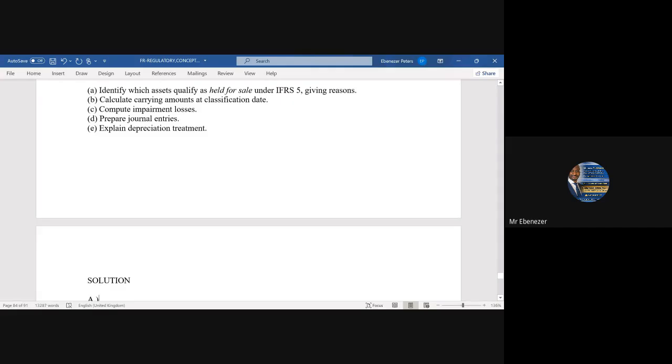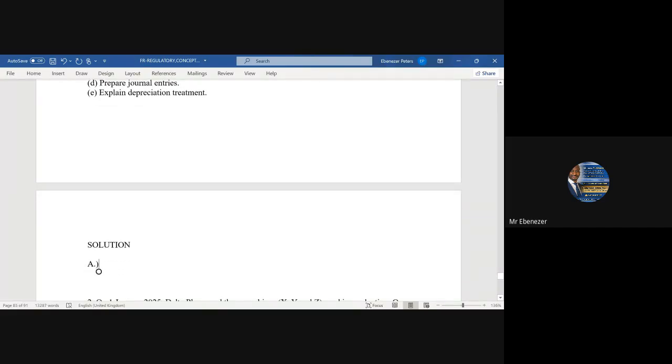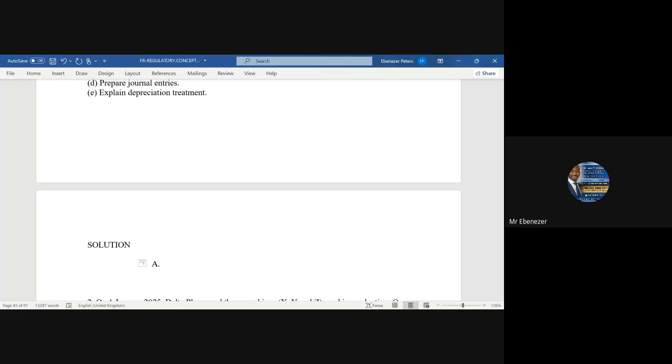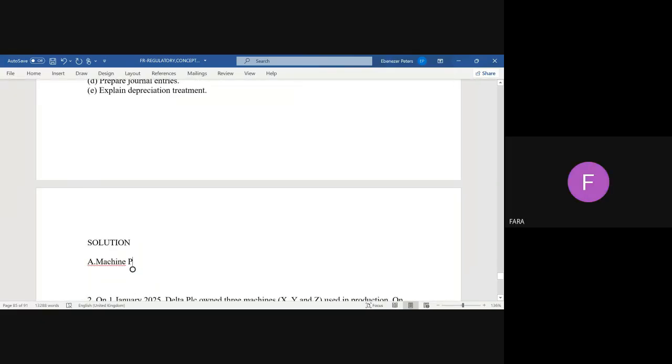So as it stands now, matching what? Matching P and Q, right? Is it matching P or... yes, P and Q. Matching P and Q can be classified as held for sale